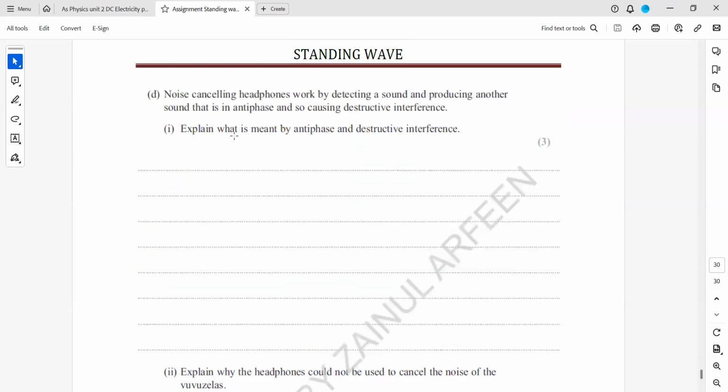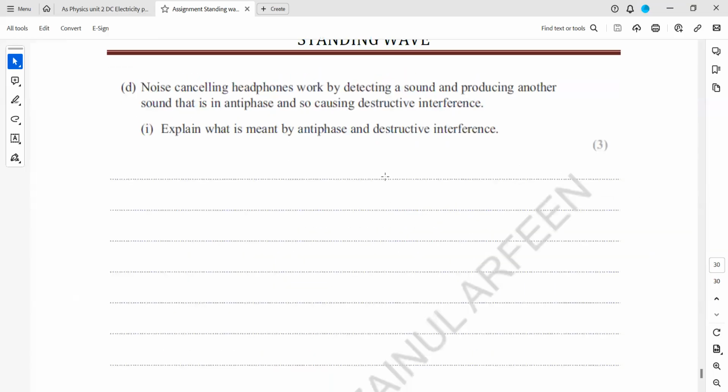A noise cancellation headphone works by detecting a sound and producing another sound in antiphase, so it causes destructive interference. What is meant by antiphase and destructive interference? These are the definitions you have to learn. Antiphase,